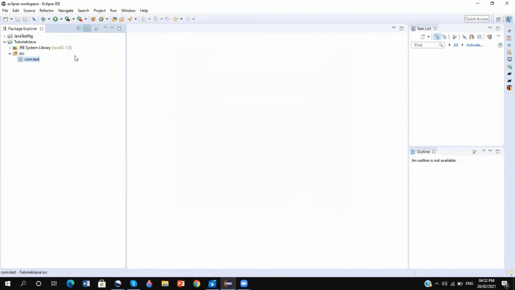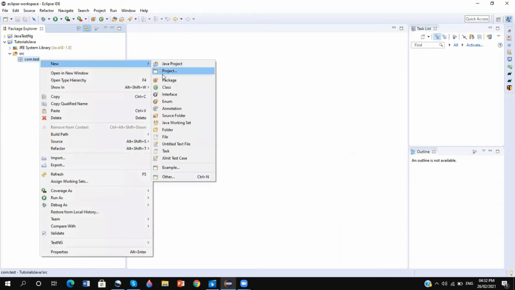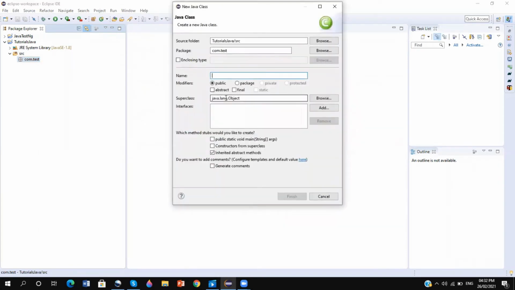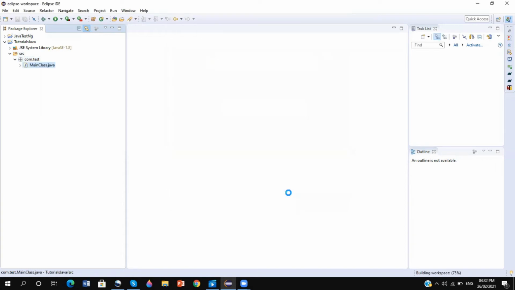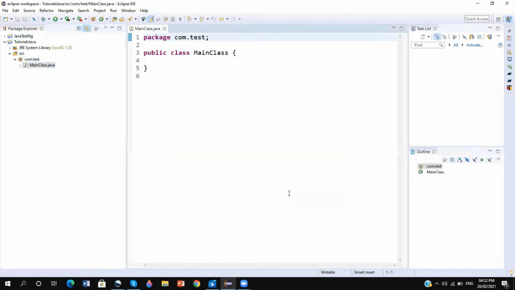This is a package. In the package we can define the class, like I am going to create a main class. When we are creating a class, it starts with the class keyword.